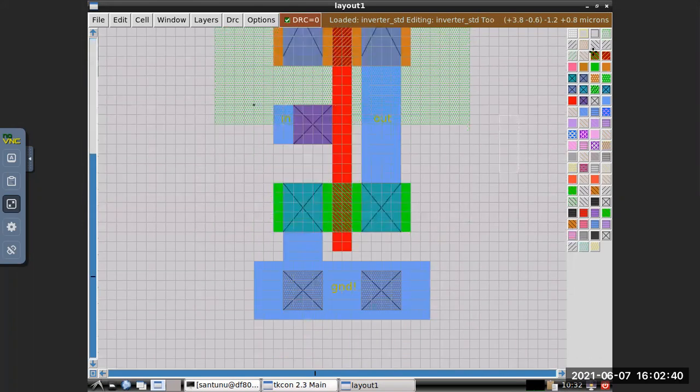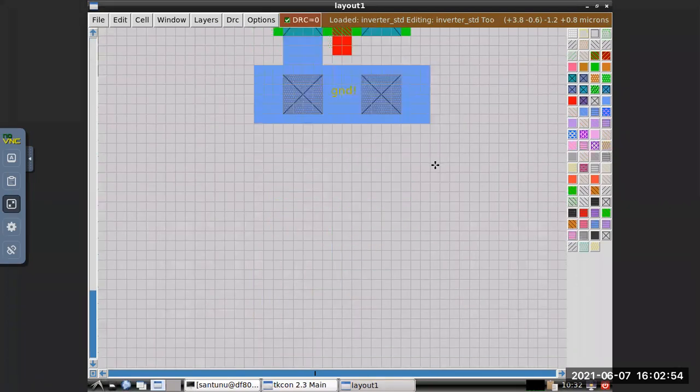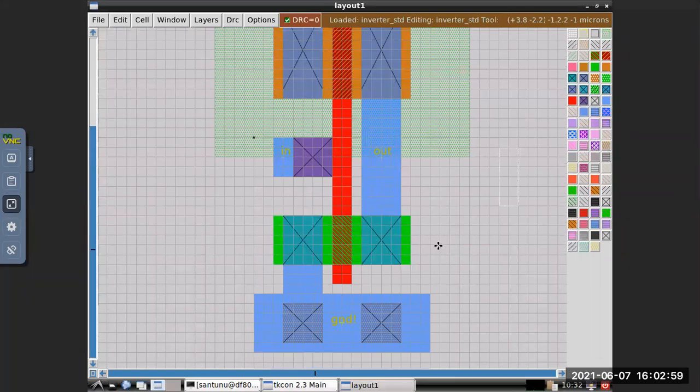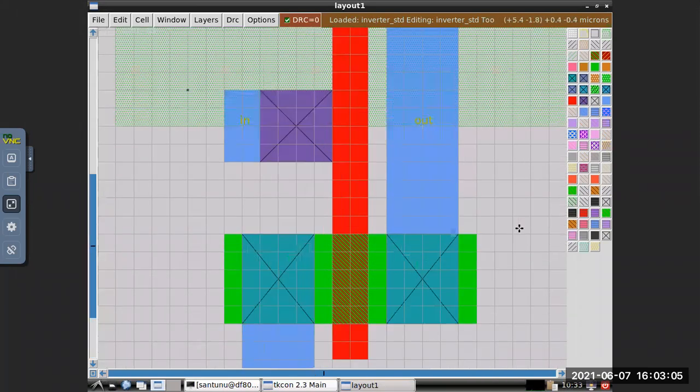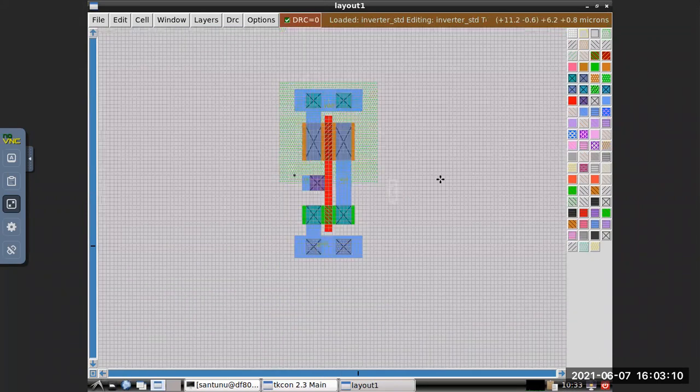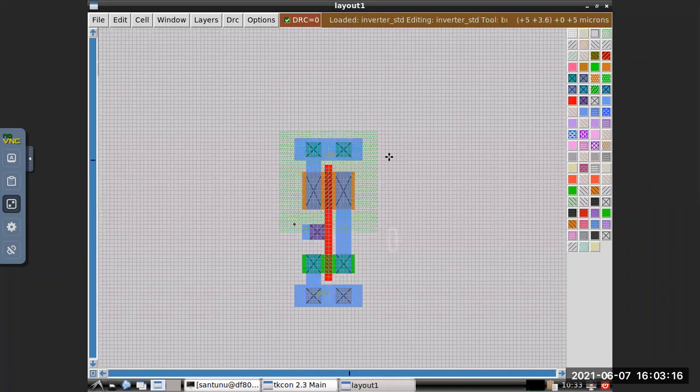So now this will be your minimum height for a standard cell, okay, with PMOS 2 micron and NMOS 1 micron. So this will be your minimum height. So you can measure what is the height.